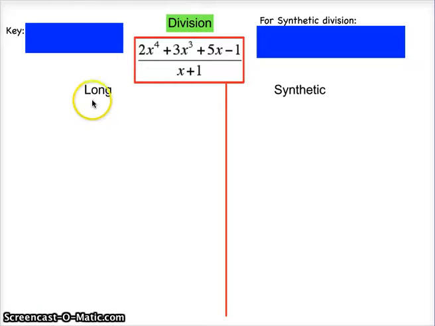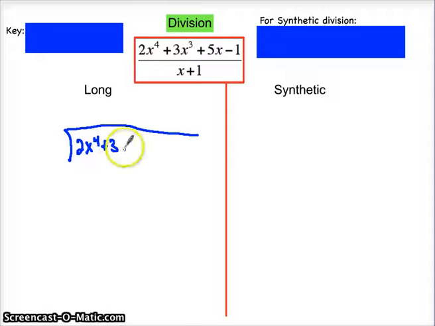So if we're going to do that, we can do either method. So let's start with long division first, and then we can decide which method we like better once we've performed both of them. So long division says take what's on the top of your fraction, and we're going to go ahead and divide 2x to the fourth plus 3x to the third